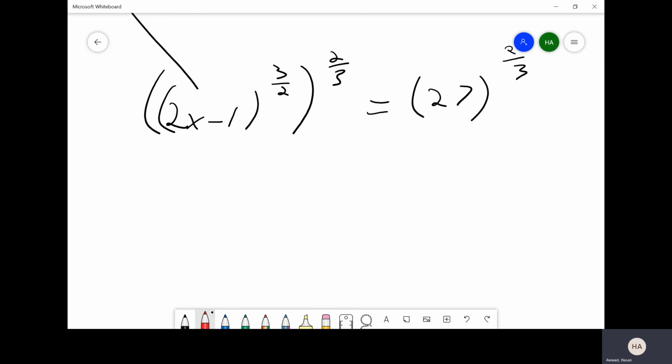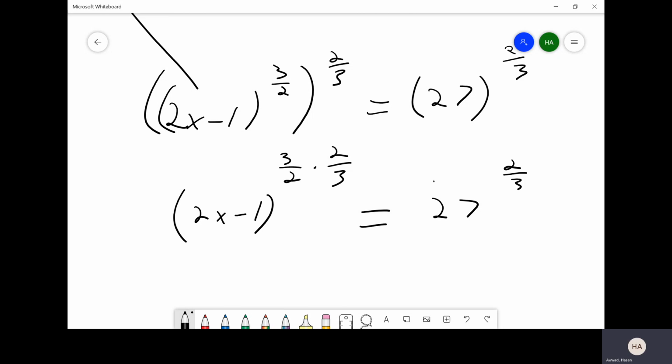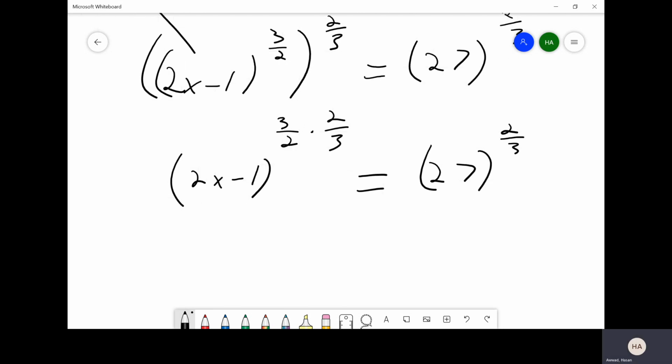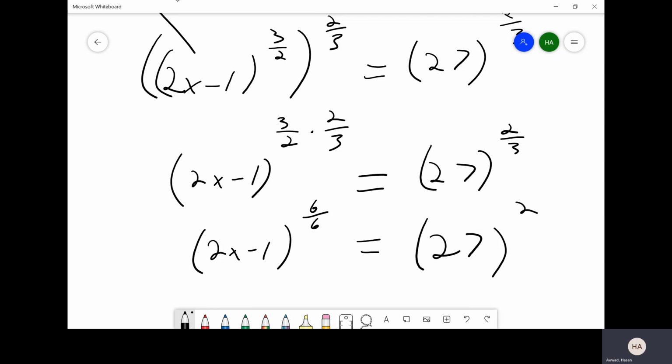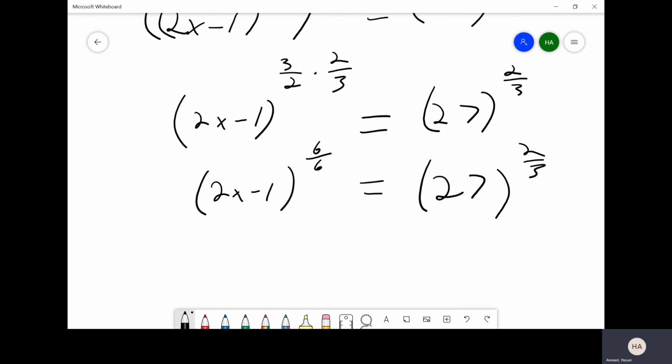Again, we know that we're going to get 2x minus 1 to the 3 halves times 2/3. And again, we'll just bring down the 27 to the 2/3 power. We again expect 2x minus 1 to be our base, and then we get a 6 over 6 situation. 27 still to the 2/3 power. Not doing any simplification yet. I'm just showing you the operations that are happening on the